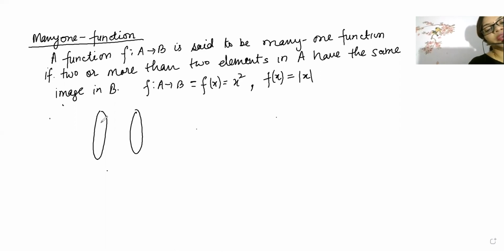Now let's see, beta, if there are elements a, b, c, and a single element x, y, z. If a situation like this is there, then too it is called a function. You see, all the domain elements are mapped. So different domain elements are mapped to one single element. Can you tell me the type of this function? Let me see if you've understood the entire part or not. Name it, beta.